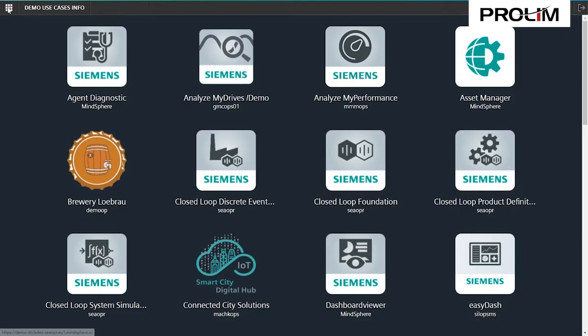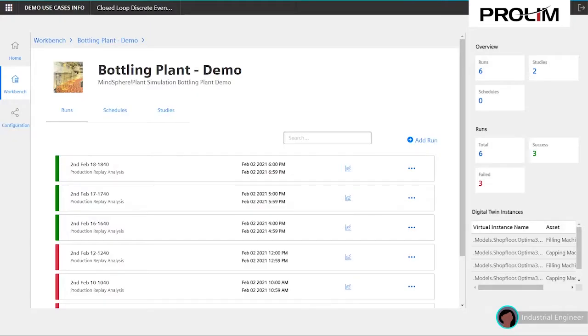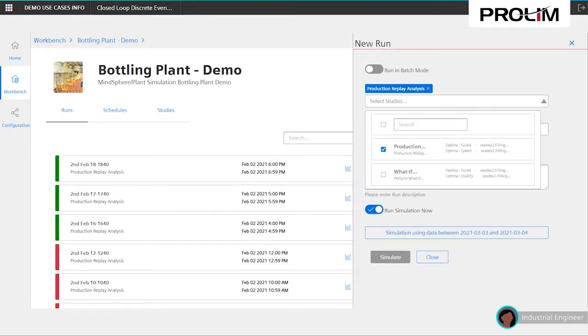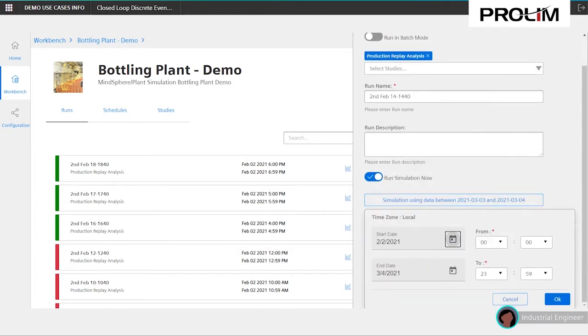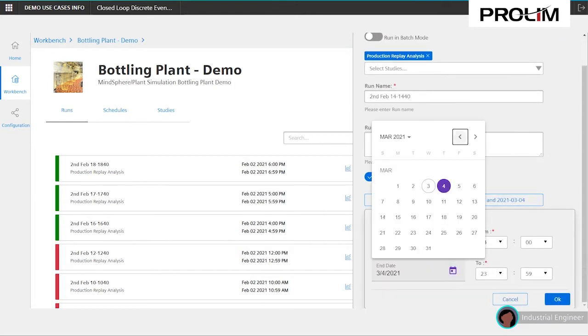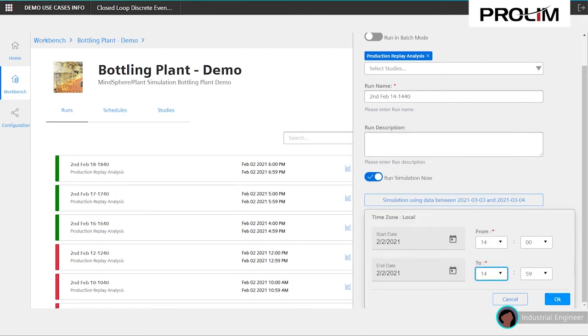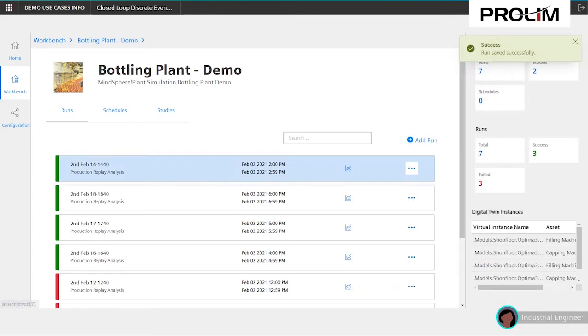The industrial engineer picks up the task and opens up the MindSphere closed-loop discrete events simulation application. She has already set up a relevant study in the application, which maps the physical variables with the simulation model input parameters. In the Runs tab, she selects the relevant time frame and triggers the simulation run. The simulation package is now sent to the plant simulation environment, where it can be used for production replay and